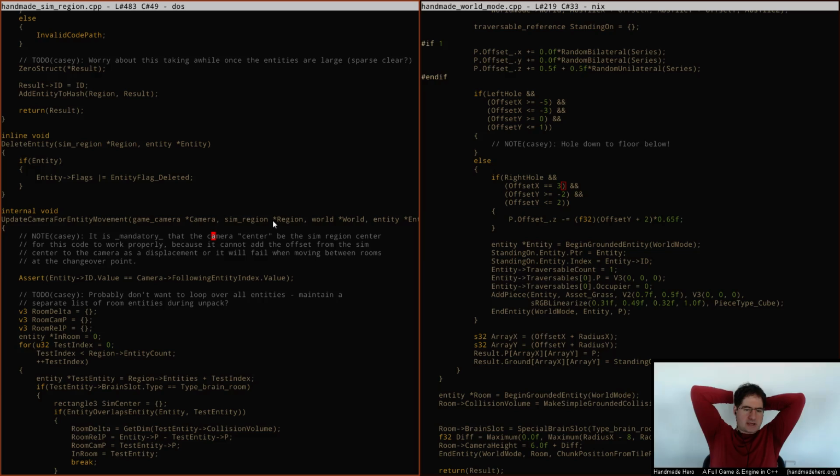It is mandatory that the camera center be the sim region center for this code to work properly, because it cannot add the offset from the sim center to the camera as a displacement, or it will fail when moving between rooms at the changeover point. That changeover point problem, I think, is also something that we can avoid here, because the camera now, update camera